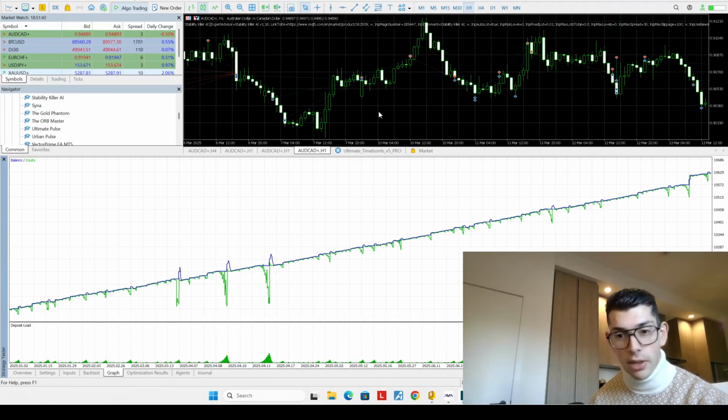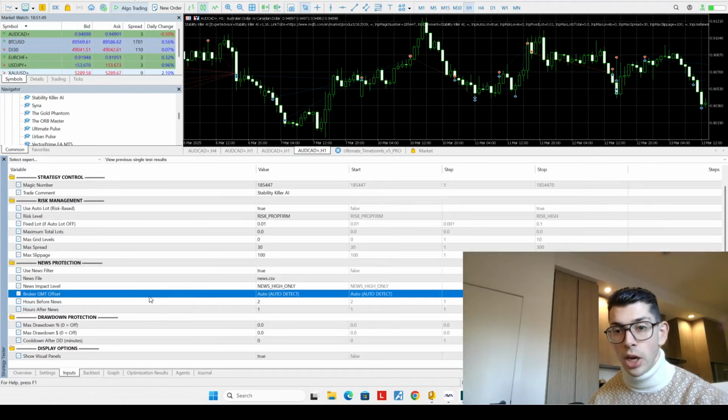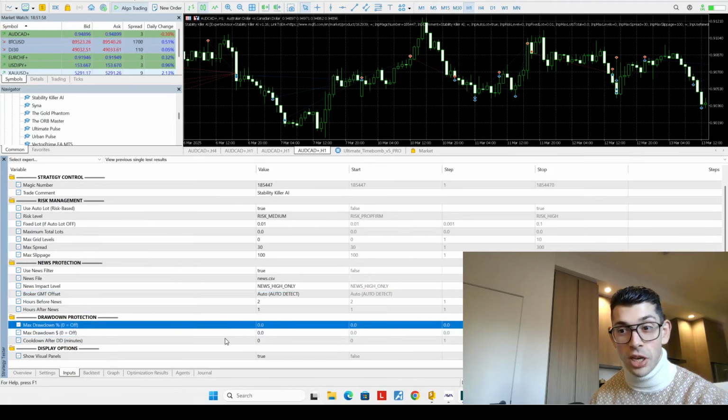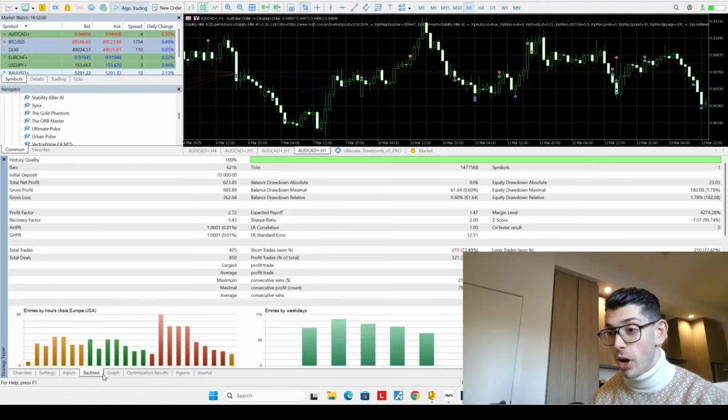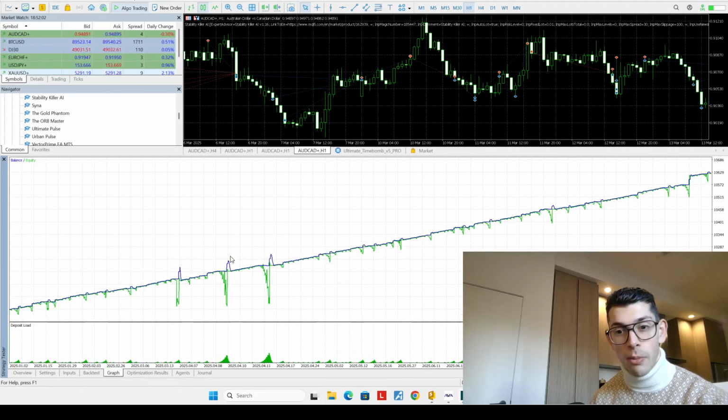However, once again, the nature of the beast with grids is you do have to like this style of system, and you have to be mindful that unfortunately grids always have a certain risk to them, but all trading has risk. So if this is the type of risk that you like, you should be okay with it. So ultimately, this is our EA here. I hope you guys found this video useful. Looks like a very well developed bot of this style.